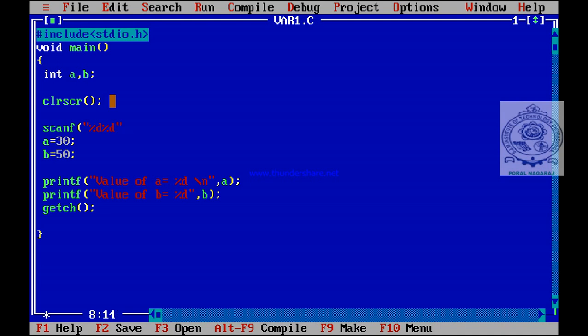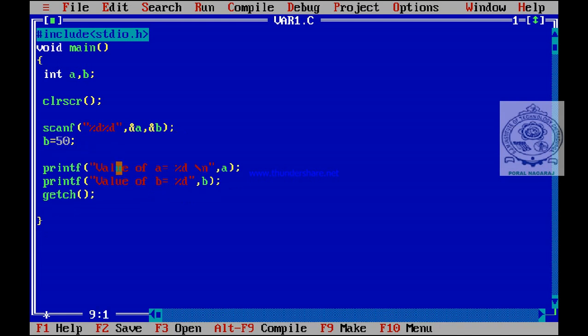Close, this is the format string, then a comma, then the list of variables preceded by an ampersand symbol. Here our variables are a and b, so &a, comma, &b. Close, semicolon. Now assigning a value 30 and b value 50 is not necessary, so I will remove these lines.